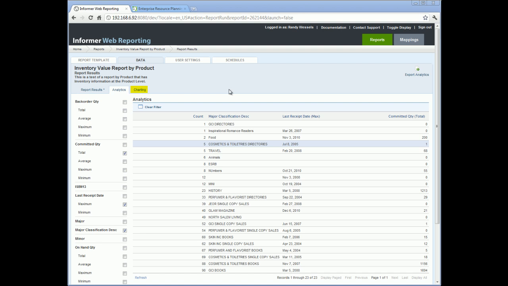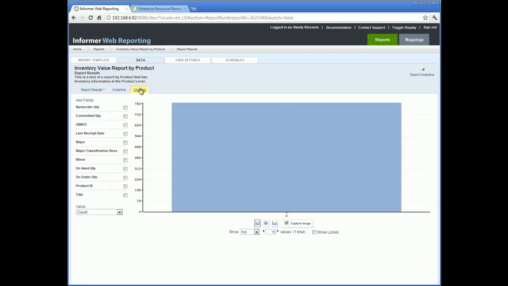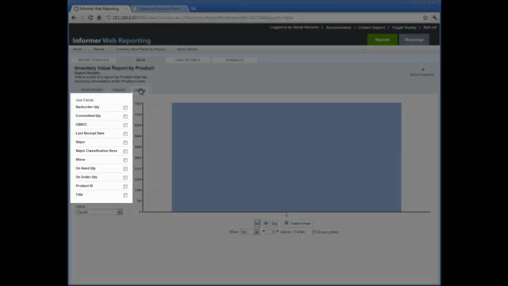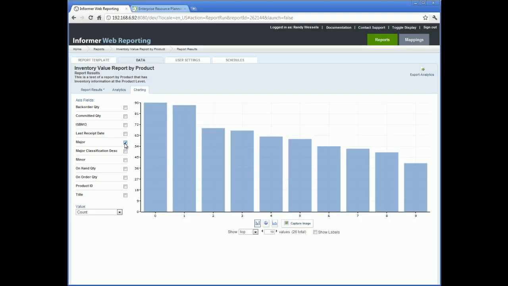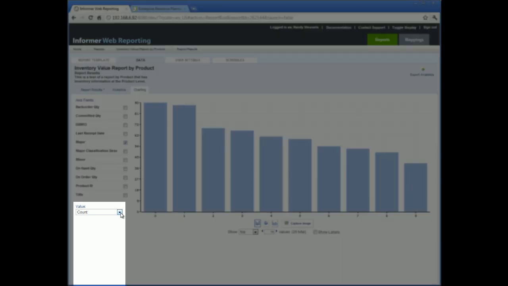Next, we have the Charting tab. We can select any one column from the report, and that will determine the x-axis. The y-axis is determined by the value that you select in the drop-down at the bottom left of the screen. Although it defaults to record count, you can select any of the 4 aggregate functions for any of the numeric